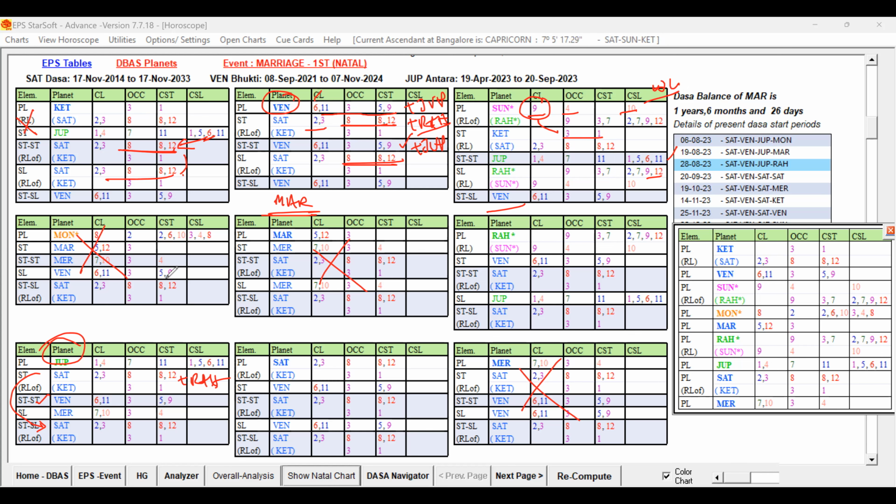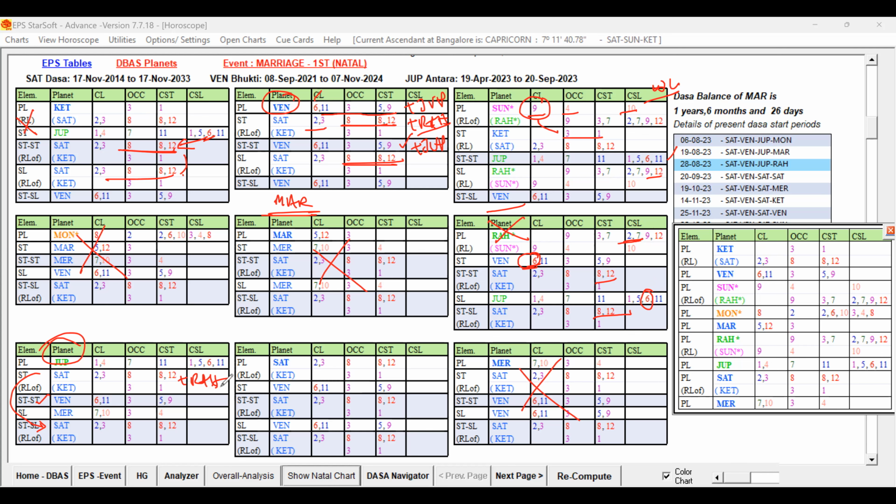Then Mars we already eliminated. Moon also we have eliminated. And Rahu itself, as I said, Rahu, source planet, star level having 6 and 8 and 12, 8 and 12. This is what I was saying. Rahu, 7th lord in the star of 6th lord, sub of 6th sublord, indicating some weakness that is not very strong. So that is also not so good.